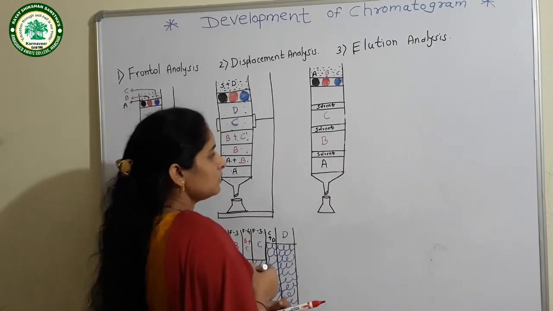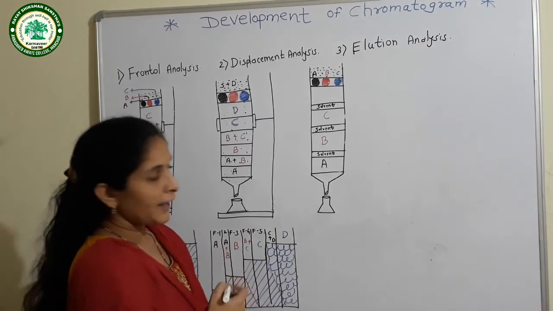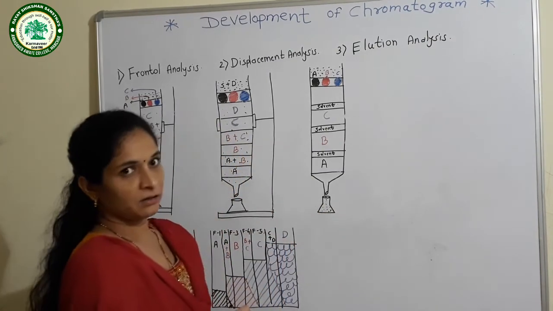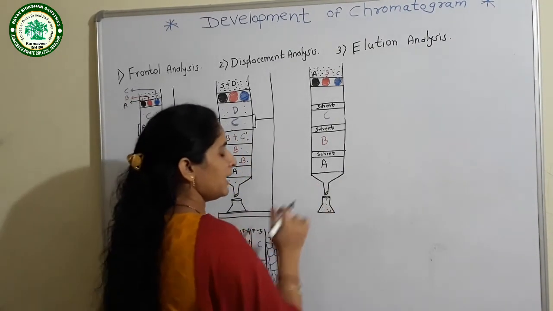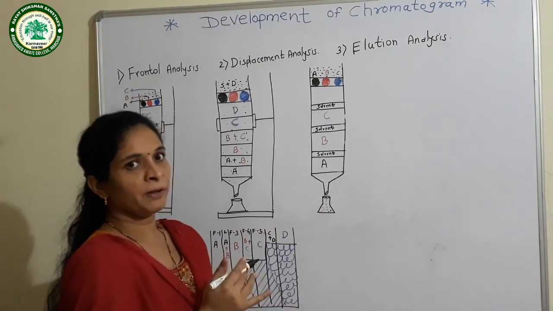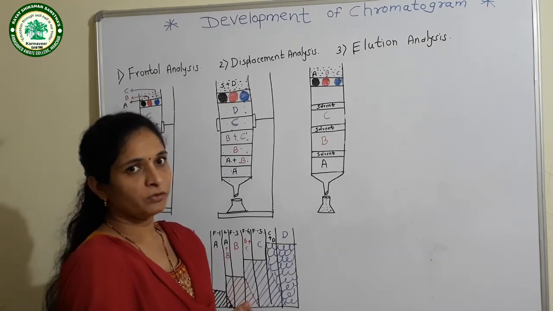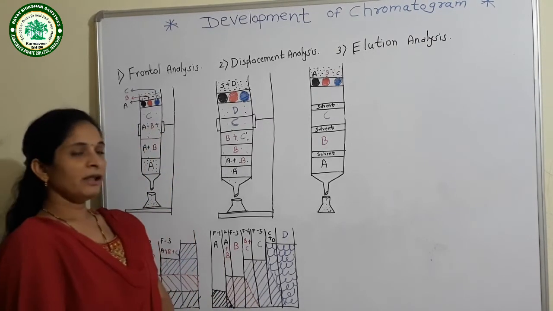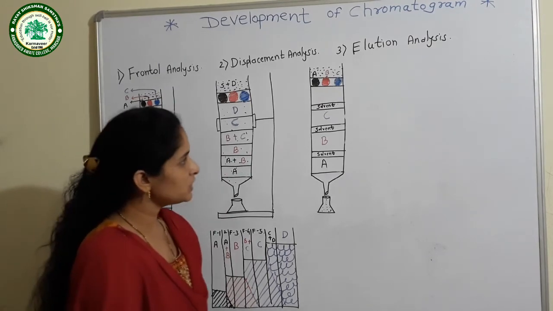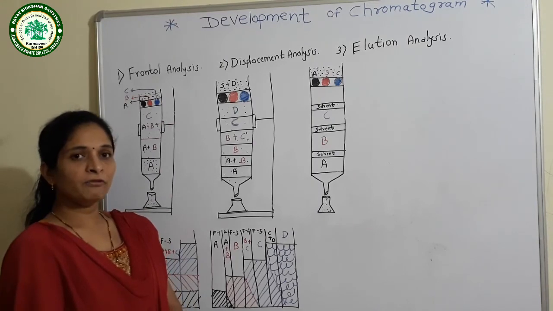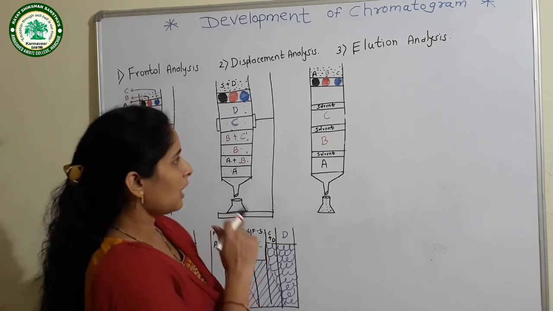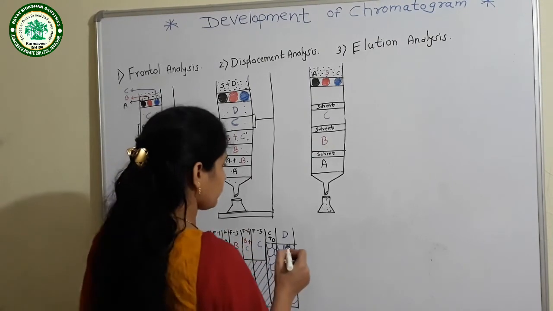Okay. Now this eluted solvent can be separated by evaporation. When we evaporate the component A, the solvent which comes with A will evaporate and we get the purest form of component A. Then when component B is evaporated, the solvent which was eluted with component B will also go, and we get it in pure form. Like this we can obtain all the components in pure form.